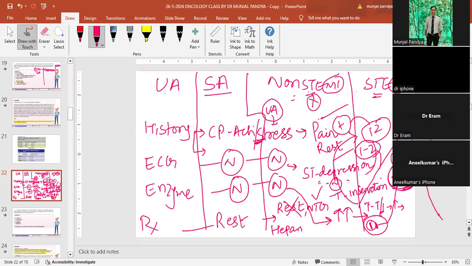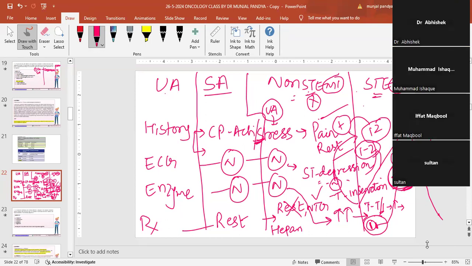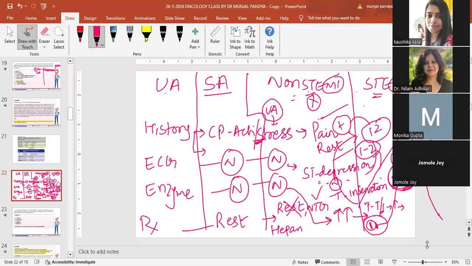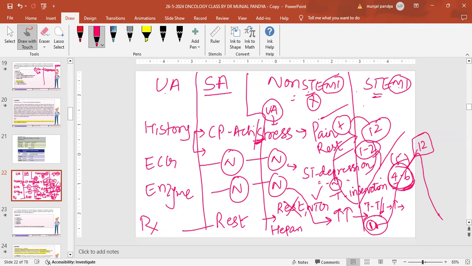So if it is MI, then 100% it is picked up. You will not miss it, otherwise you will. So don't miss it; try to do it properly. What the guideline says is that if you suspect a patient has acute MI and the ECG and enzymes are normal, put them under observation for 12 hours. If everything is normal at the end of 12 hours, there is the least chance that this patient is suffering from MI. Is that clear?